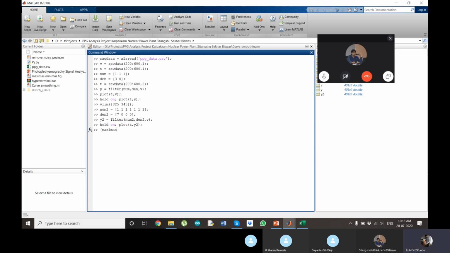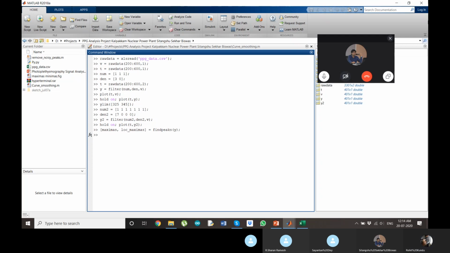So maximas, location of maximas. Find peaks, this function find peaks gives two outputs. The maximas, the value of the pressure, and location of maximas, that is value on the x-axis. Okay.